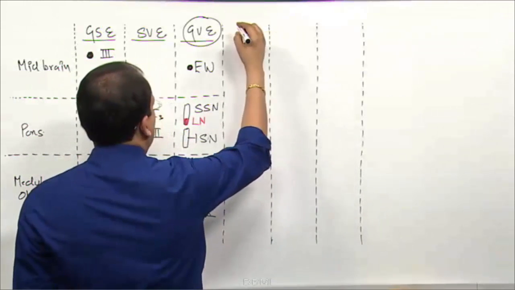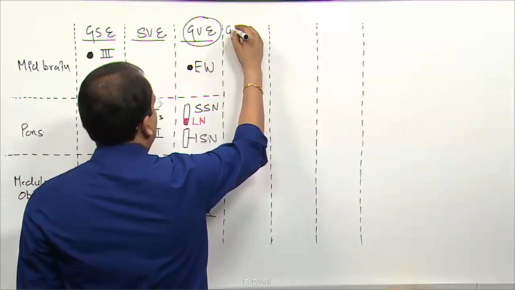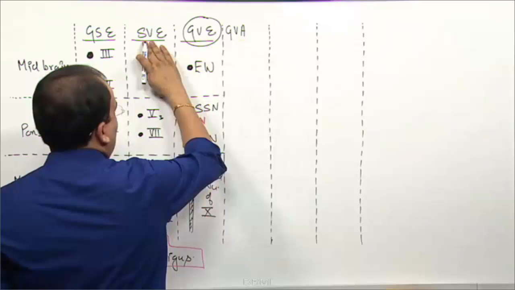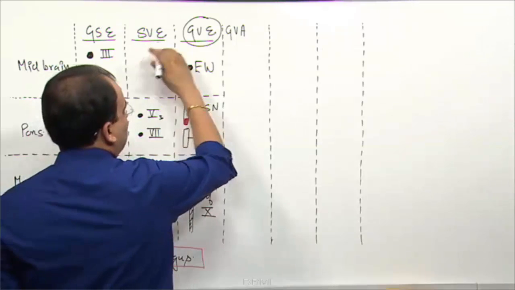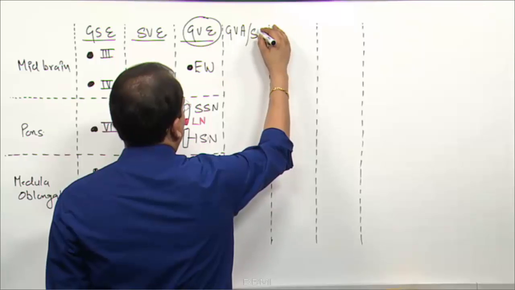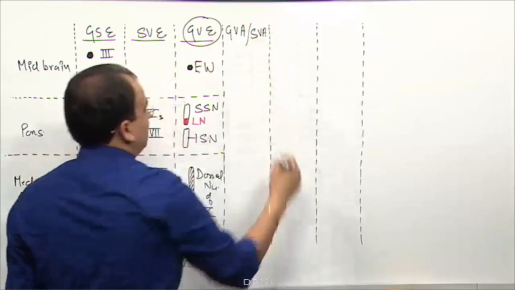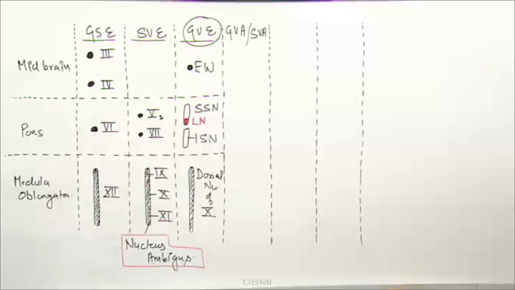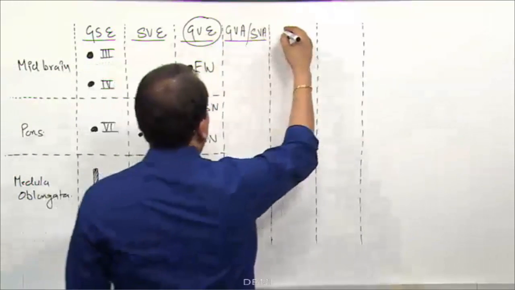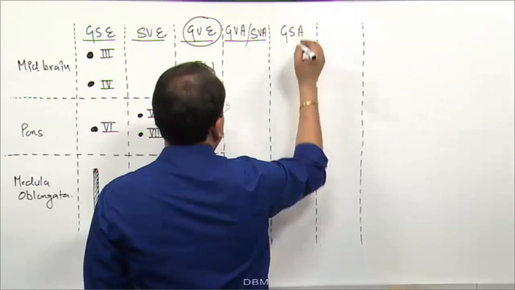Now one thing which you need to note here is that GVA, which is corresponding to GVE, and SVA, which is corresponding to SVE, they both are considered in one column only. GVA and SVA, we are considering them together, and then we have this GSA,